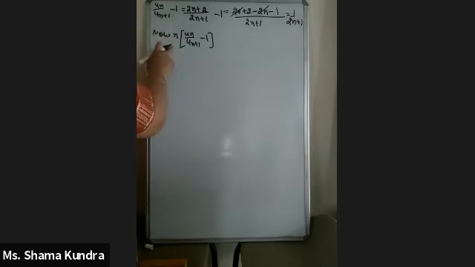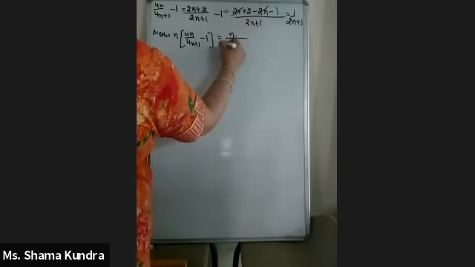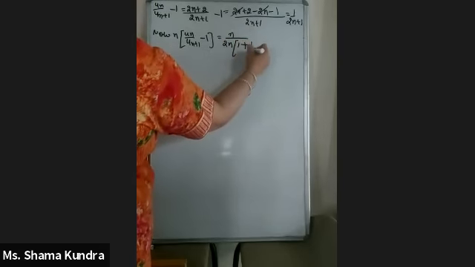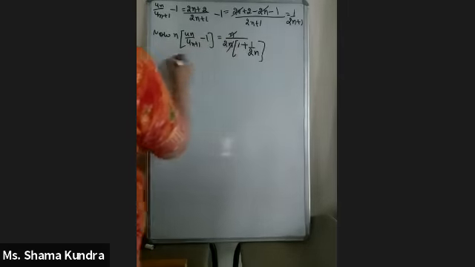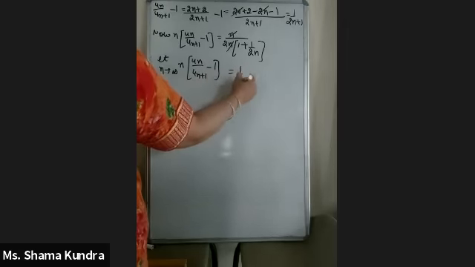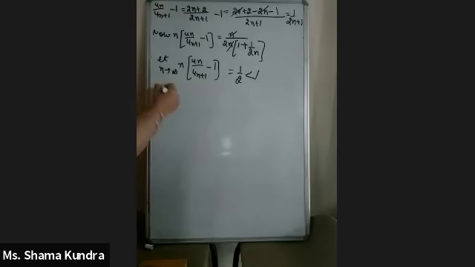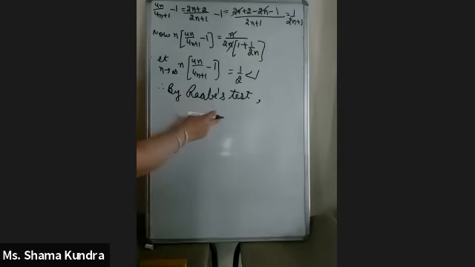Multiply it with n. Taking 2n common from here, take limit n tends to infinity. By Raabe's test, the series Un is